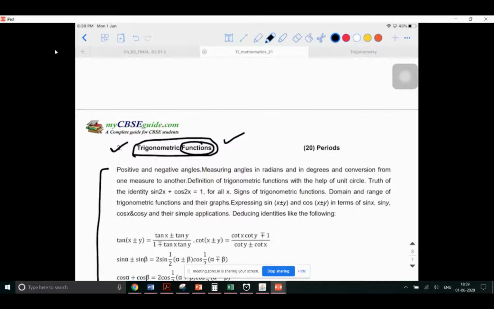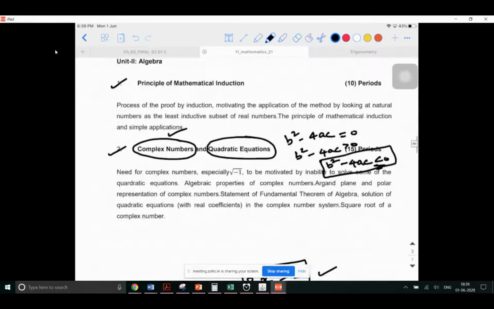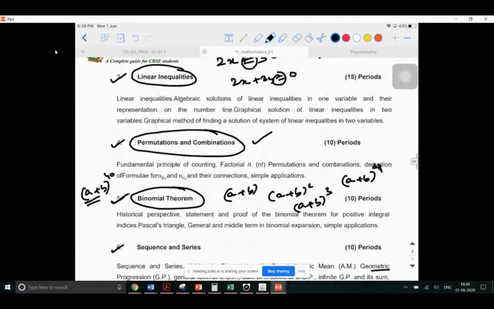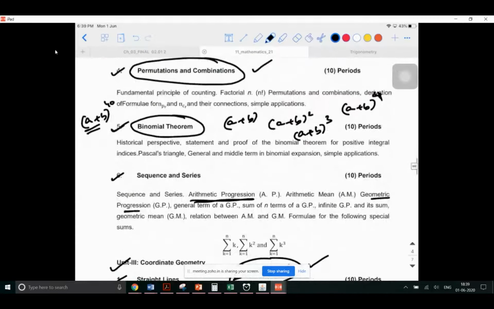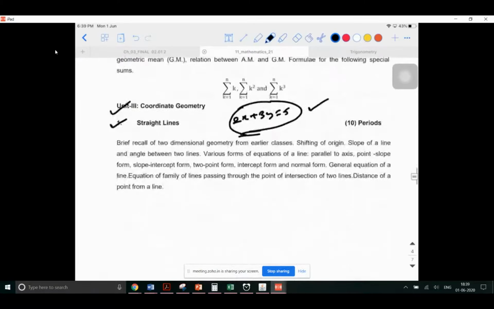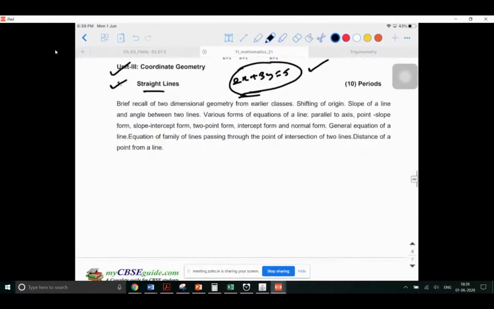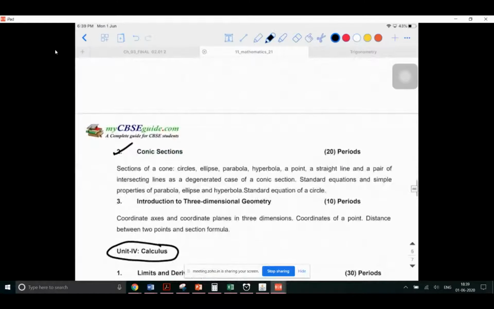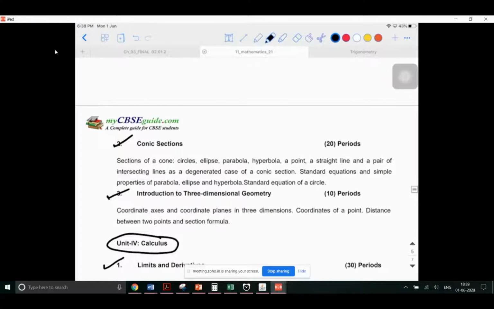And remember one point, this year, unlike last year, trigonometry is not applicable only for this chapter. This is a very, very important chapter with respect to the other chapters also. For example, you can apply trigonometry in complex numbers, in sequence and series, and in straight lines. I'm not saying you can. You might have a scenario where you need to apply it. And you need to apply it for conic sections, then three-dimensional geometry, and of course for calculus also.